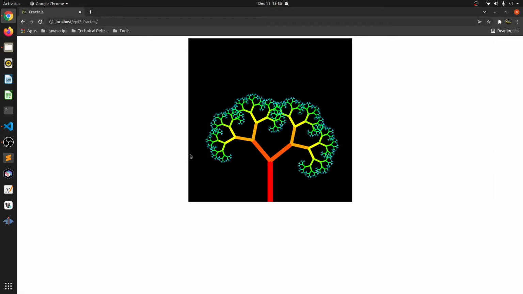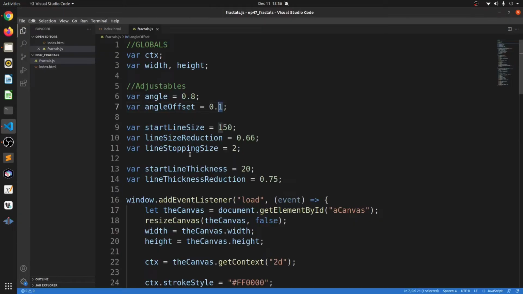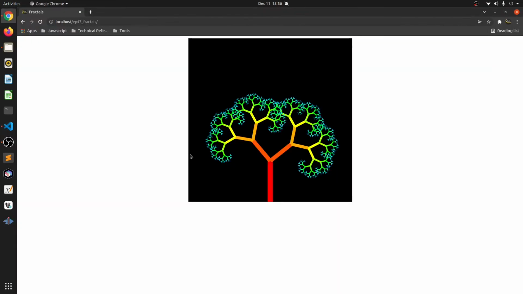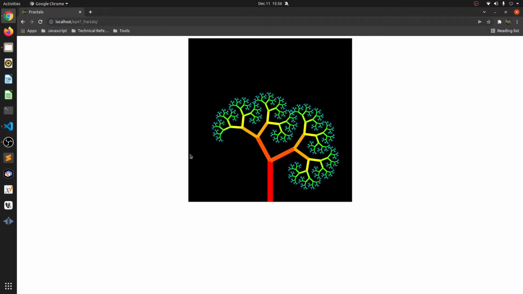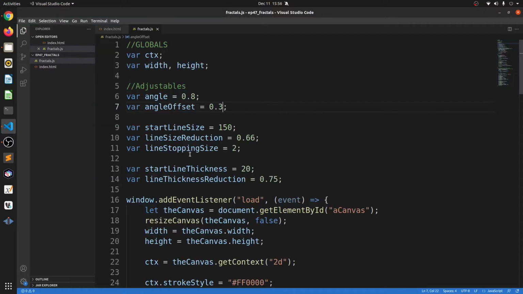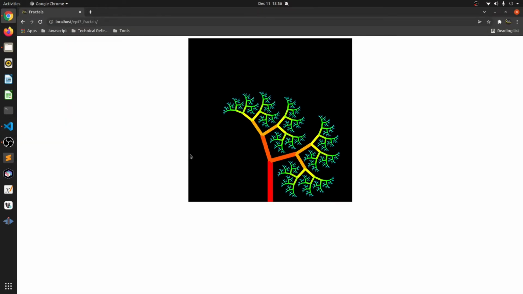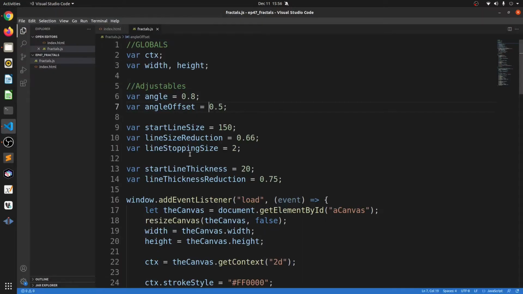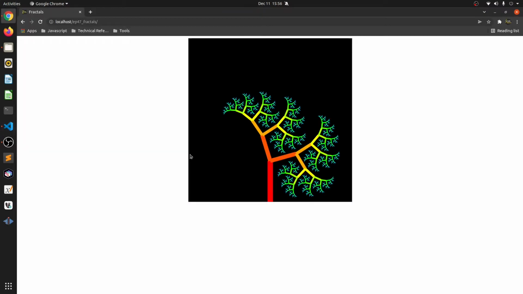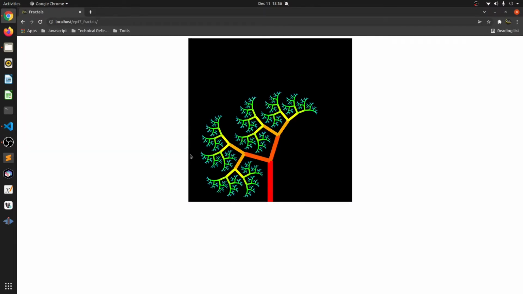you will see that it is offset towards the right hand side. Let's make it 0.3 so that it's a little bit more pronounced, and you can see that it sort of goes over to the other end. All right, and this can of course be increased by however much you want, and you can see a much different fractal is created out of the same thing. All right, so if I make this minus 0.5, you'll see that it is now biased towards the